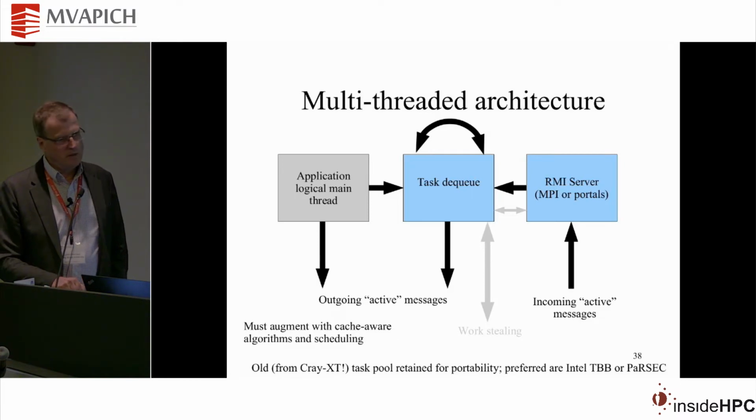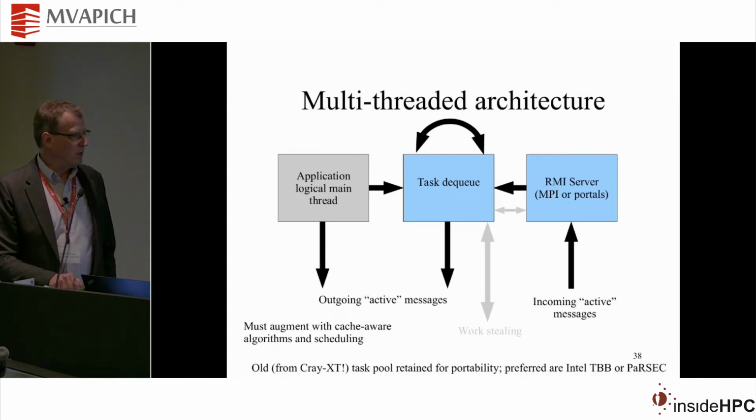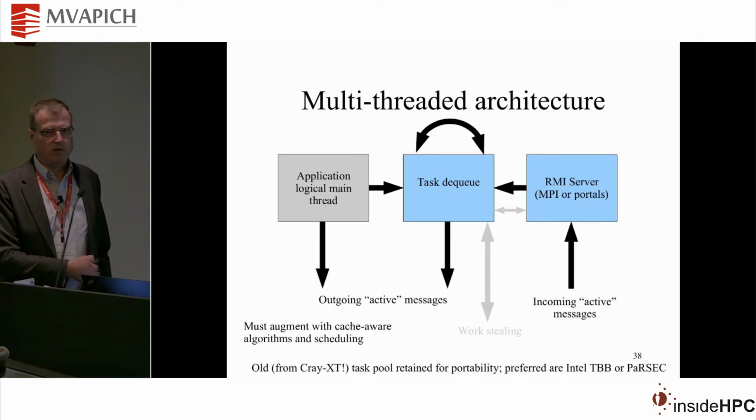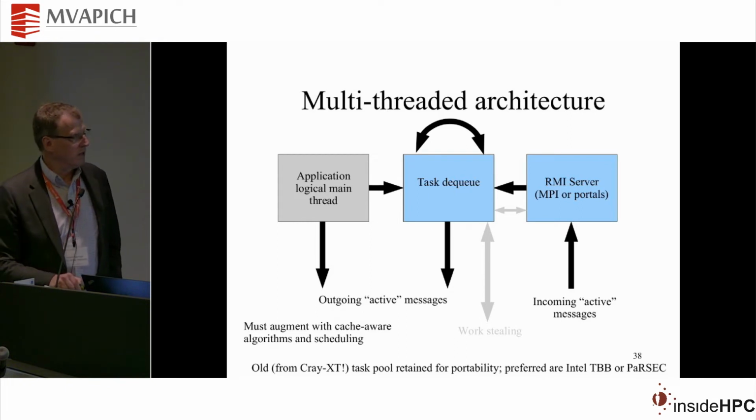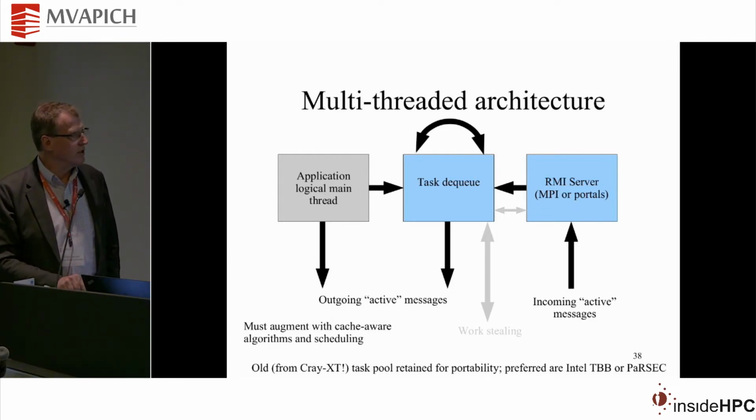The PaRSEC team at the University of Tennessee have some of the MADNESS runtime now built on top of PaRSEC, but that doesn't yet include the active message layer. We're in the process of trying to recode the entire lower level of MADNESS, and we'll see a little bit about that. So it's essentially a multi-threaded process with a communication thread, a bunch of threads executing tasks, and then a single thread that logically is driving the entire computation.